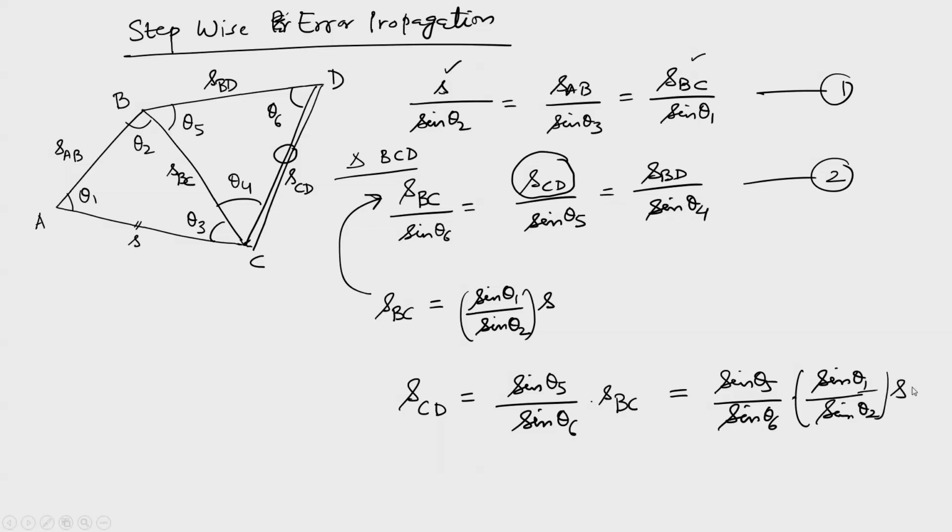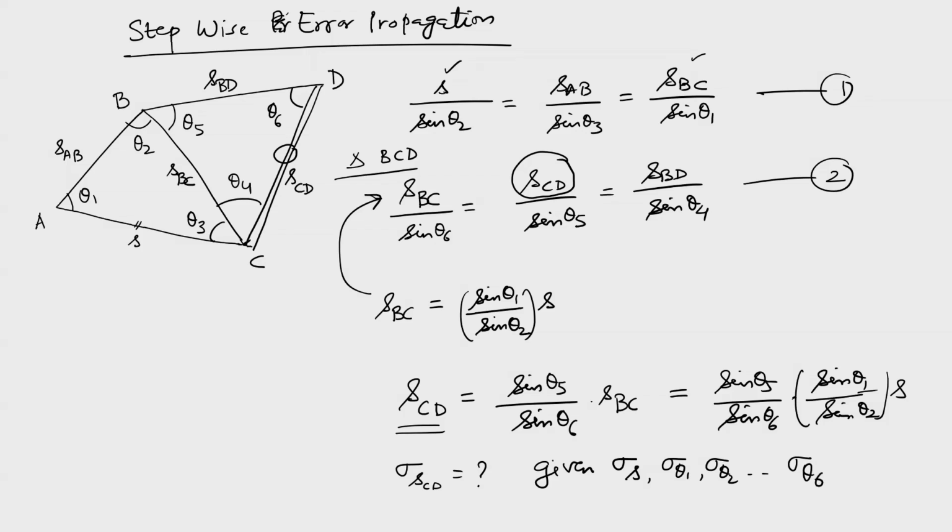If I keep on developing such a network of triangles, it will be very complicated and keep on growing. So, what is the remedy here? I want to find out what is sigma SCD, what is this value? Given sigma x and all other variables, that is sigma theta 1, sigma theta 2 and so on, all the sigma thetas which are measured in the field are given.